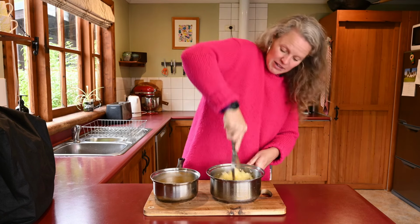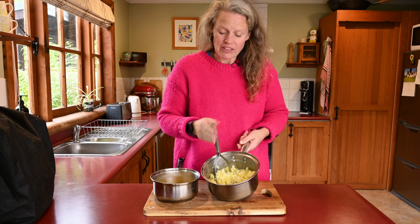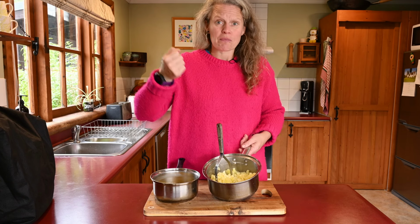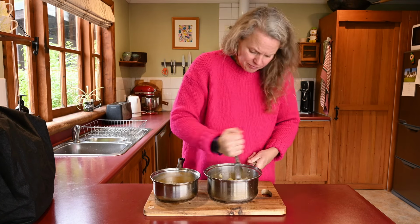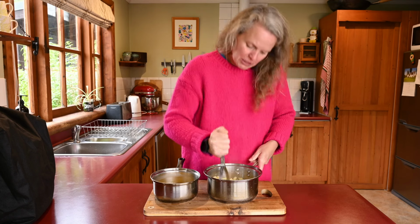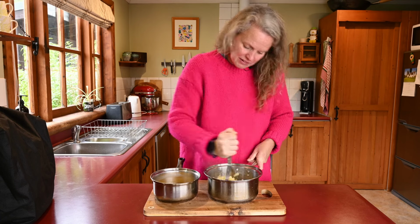And what you want to do, give it a good mash, and see how these are nice and dry from where I drained them in the colander. That's really important to make sure that they are dry, because again, if they're wet, you just end up with a gloopy mess quite quickly, because as you mash it, the kind of starch turns into a thick paste almost. So the drier the better. As little mashing as possible,